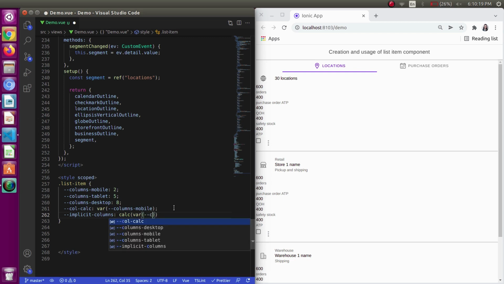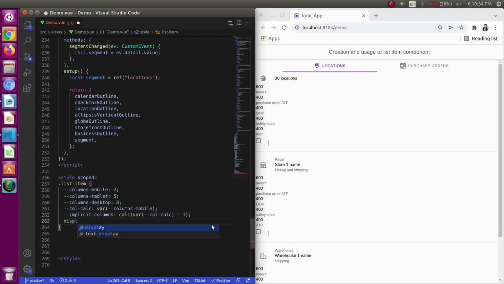So I will be using the column calc variable minus 1, that is the whole grid minus 1, that will be for the ellipse button. I have done this because I want my ellipse button to be positioned as it is and the remaining columns should adjust. Now I will be using the display grid